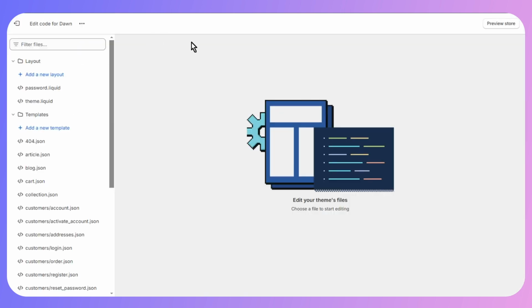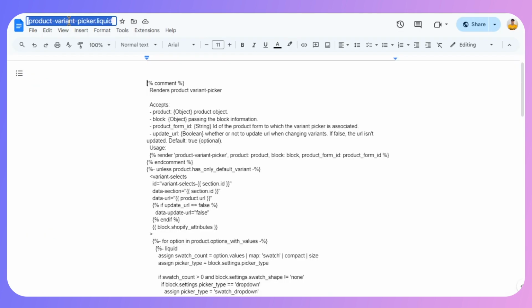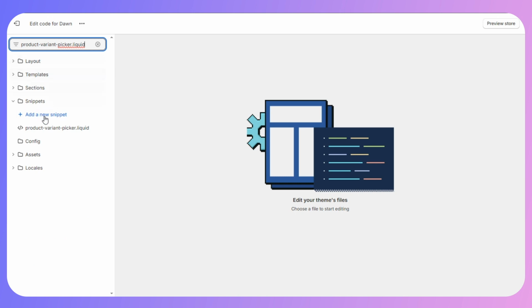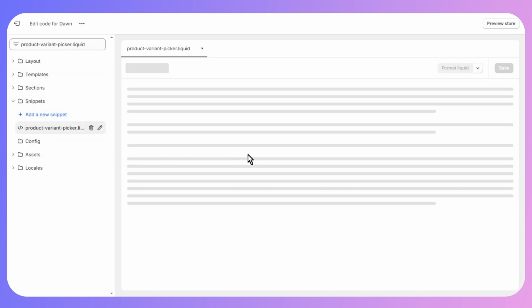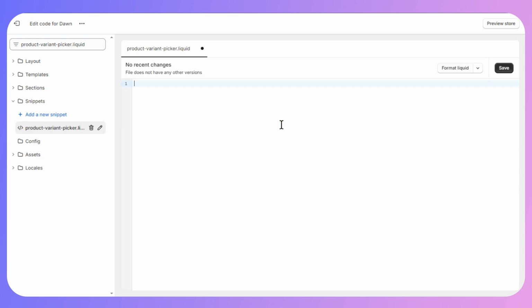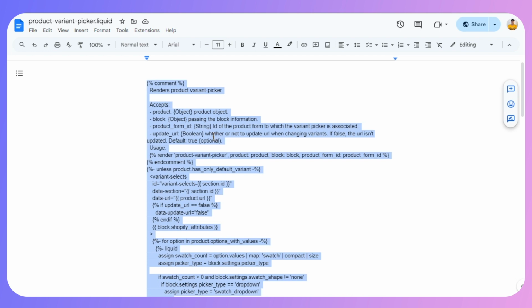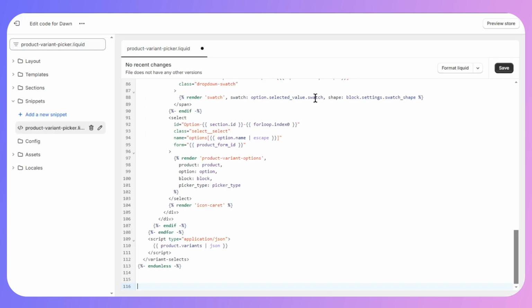Now first of all, what you need to do is to simply search for product variant picker.liquid. Simply search for it in the files and this is going to be in the snippet. So simply click on it and then you just need to remove this code and go back and press Ctrl A and simply copy and paste my code just like so,